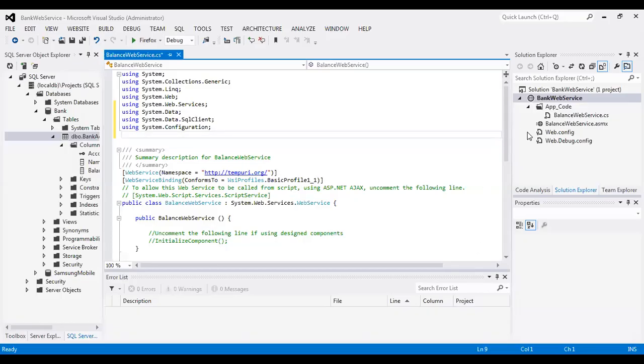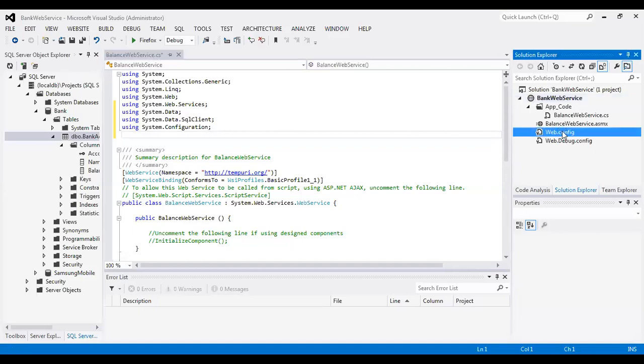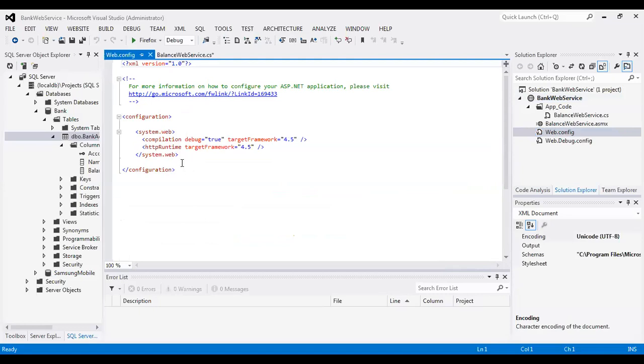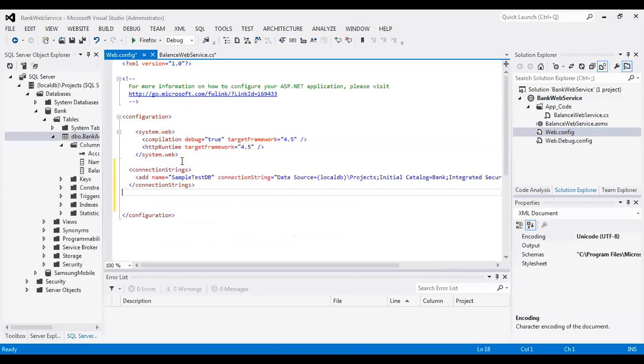So where to write the connection string? In the web config file. In the web config file, you just put enter and copy the connection string. The name given for the connection string is sampleTestDB.